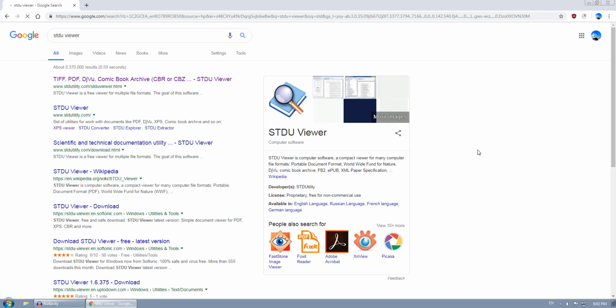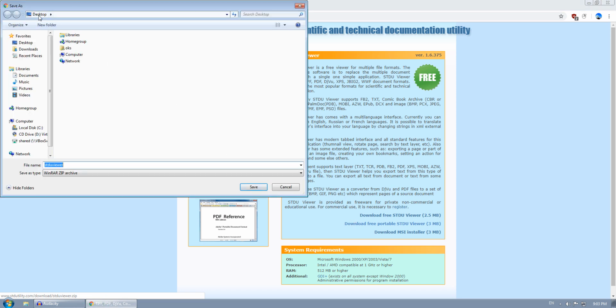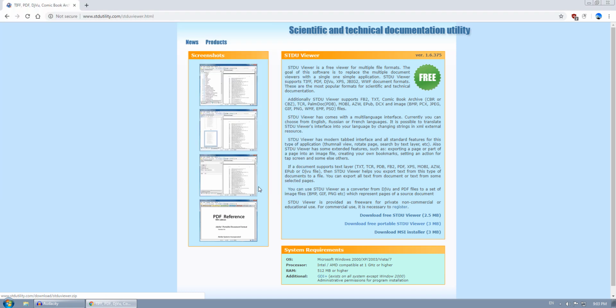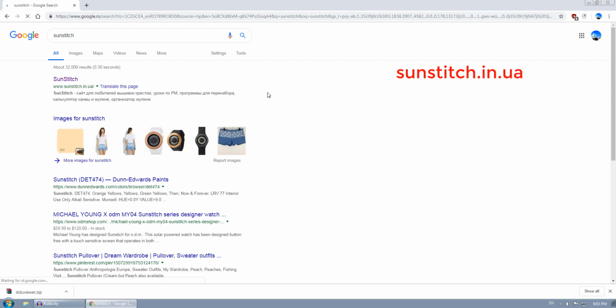STDU Viewer: we have to download the free portable STDU Viewer. I choose to download this free portable version. Click. Save it on the desktop. This is a WinRAR zip archive. Enter XSD, access